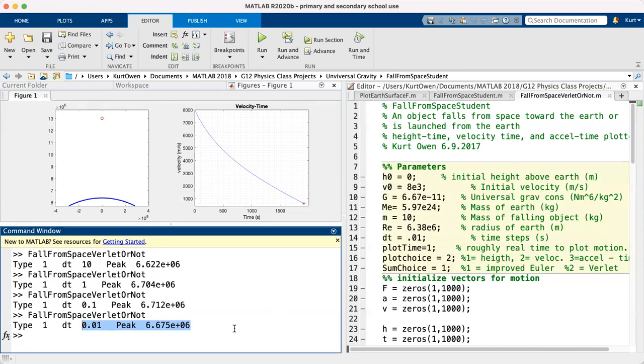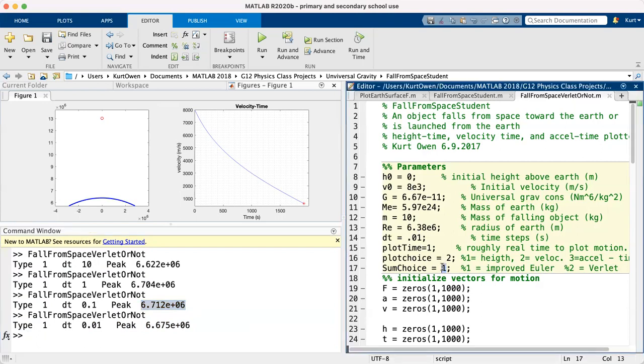Okay, when we try to do hundreds of seconds, it just doesn't go that far. So really the last good number is this number here. All right, 6.712 million. All right, now let's go over to the other algorithm. So we're going to switch over to Verlet. And let me go back to